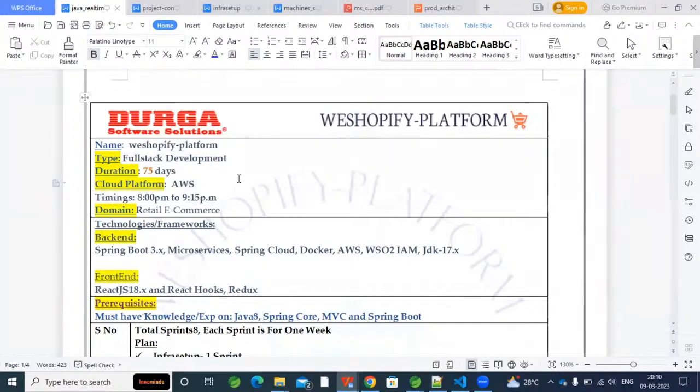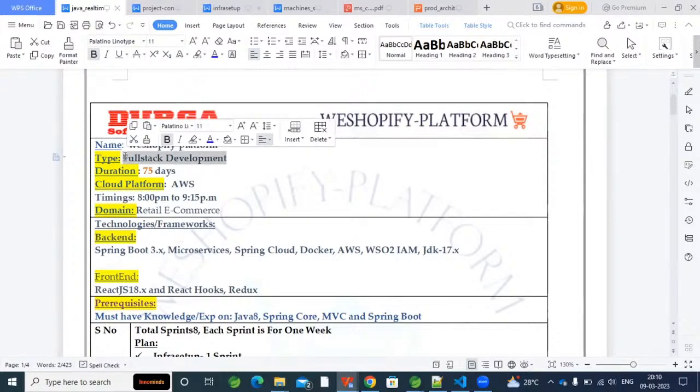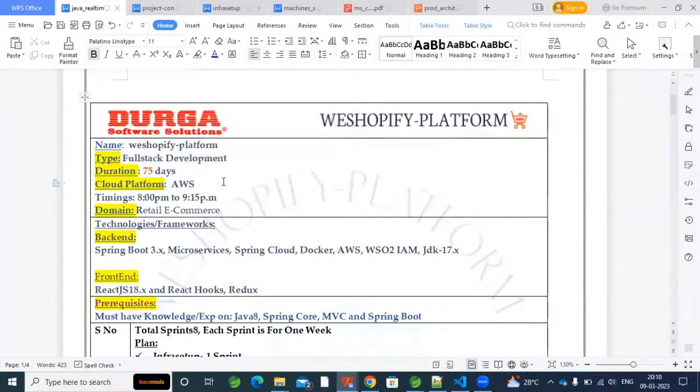Most of us know the meaning of full stack development. That means complete end-to-end development, from the UI, the user interfaces, meaning the front-end application development, and then the backend application development. Both we will do here. That's how it is called full stack development. Though it is full stack development, our focus mostly will be on the backend side. On the front end side, we will use React.js, and React.js from scratch, I don't explain, but all